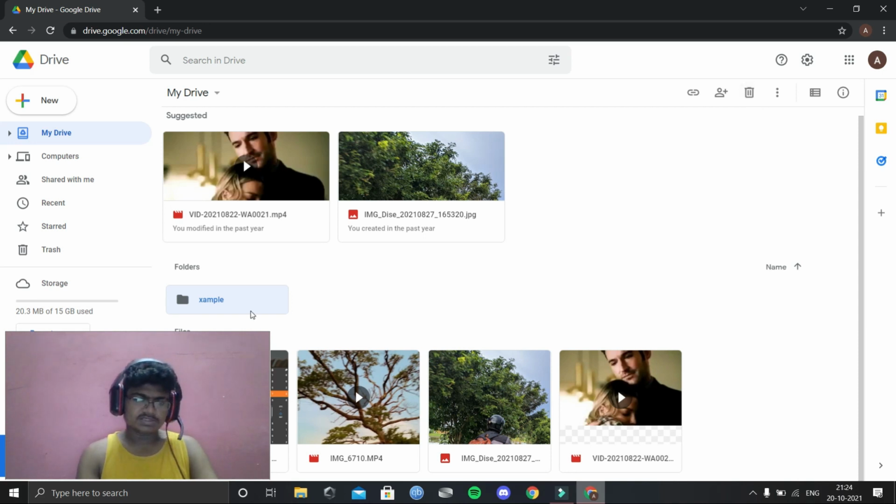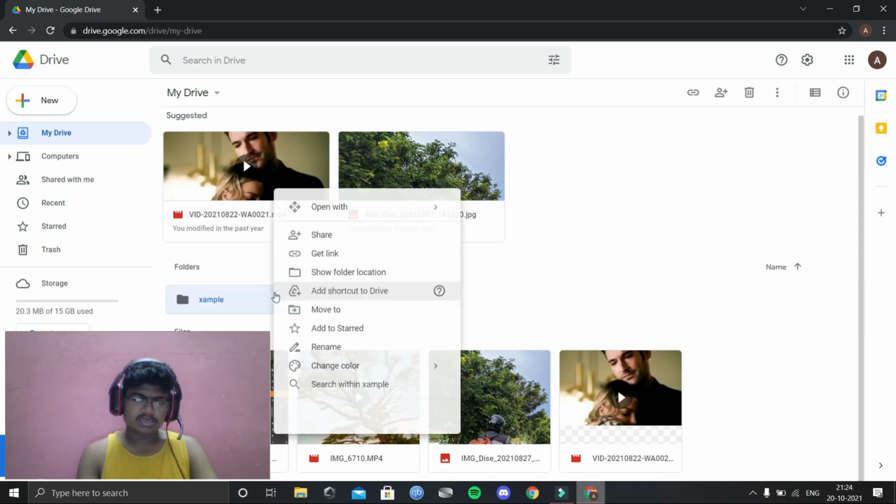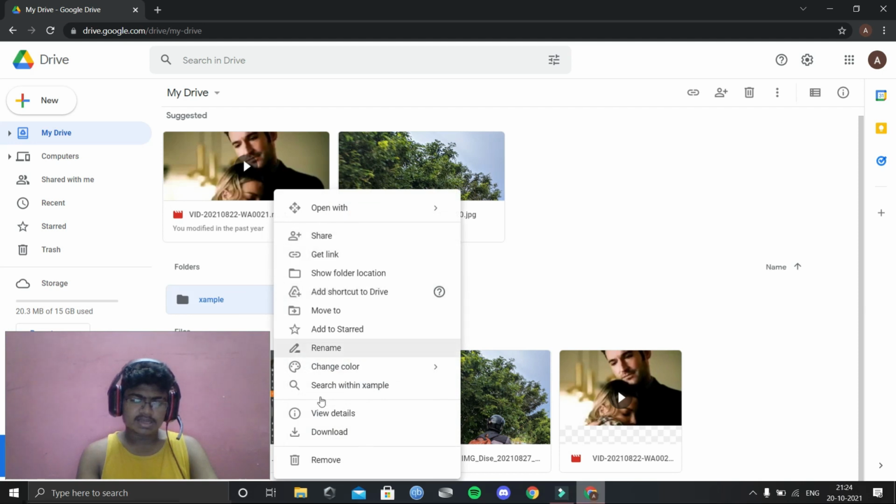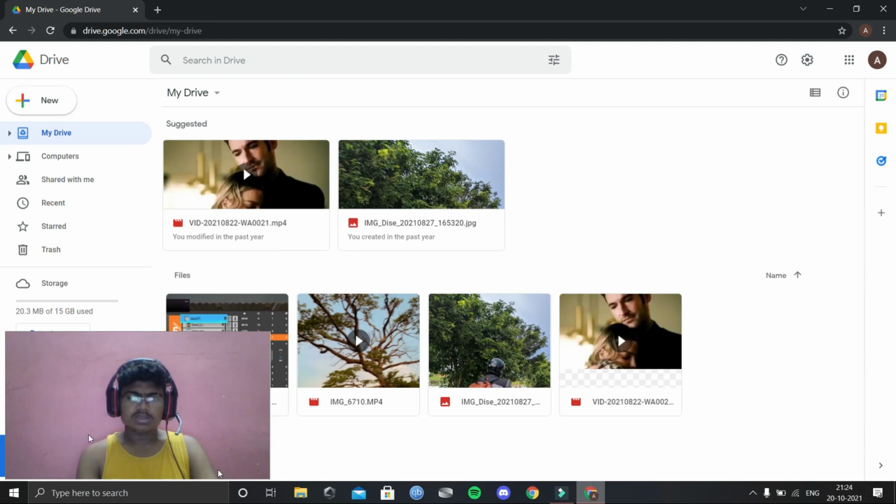And the second option available is to right click on the file and click remove. If I want to remove it, it gets removed in a fraction of a second. And if I then want to restore my file, I need to go to the trash, which is available in the left options: my drive, computers, shared with me, recent, starred, and trash. If I click on the trash,